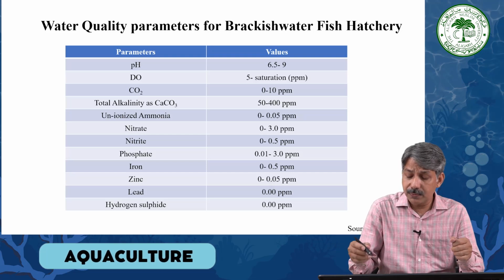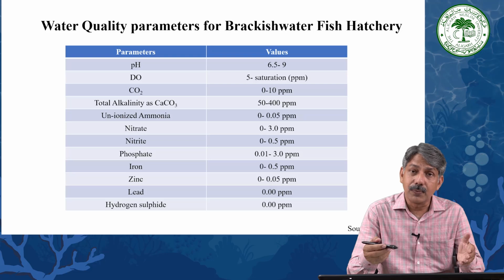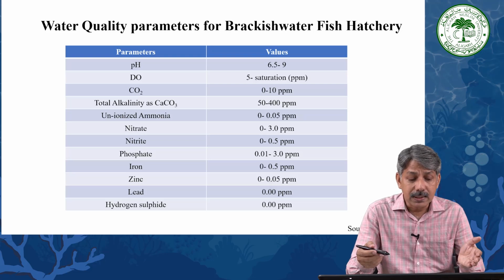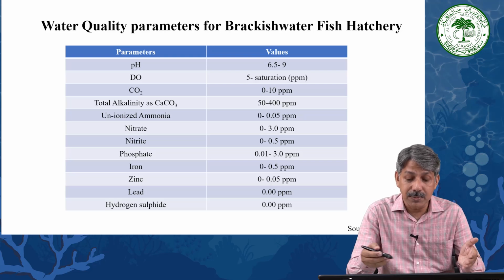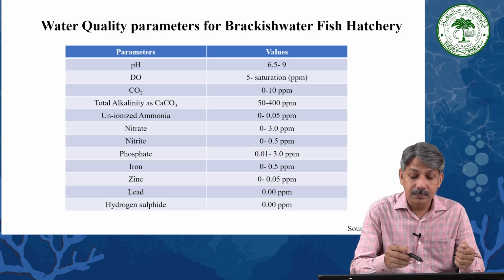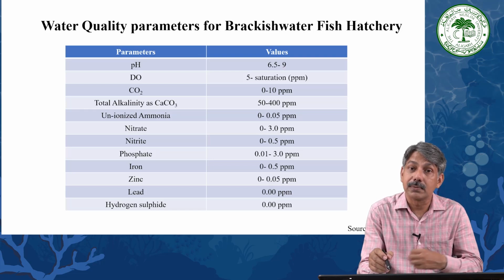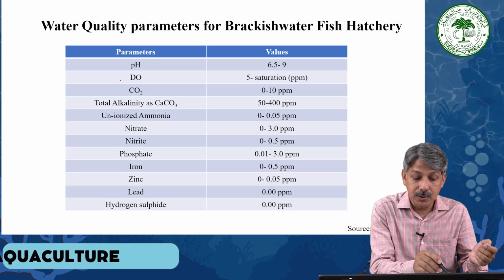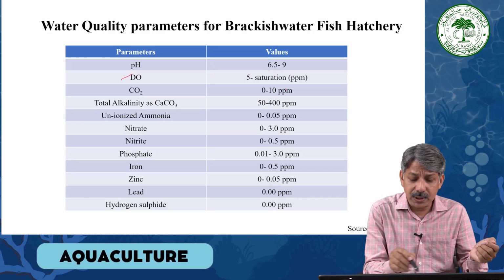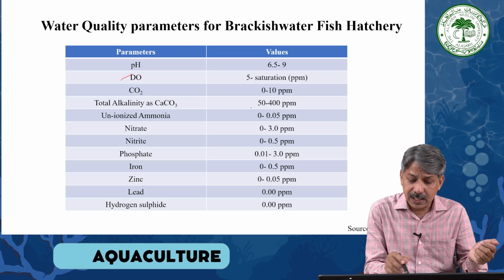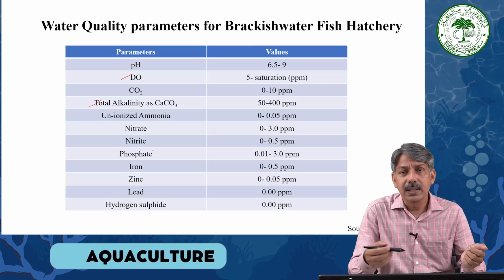In brackish water fish hatchery, we have taken this information from the SEBA website. You can visit the website and get more information. The parameters and their optimal range or values, which can be considered for aquaculture: pH 6.5 to 9, since the fishes are to be cultured in brackish water. DO not less than 5. Then CO2 not more than 10 ppm, as we have discussed. Total alkalinity 50 to 400, and likewise all other parameters